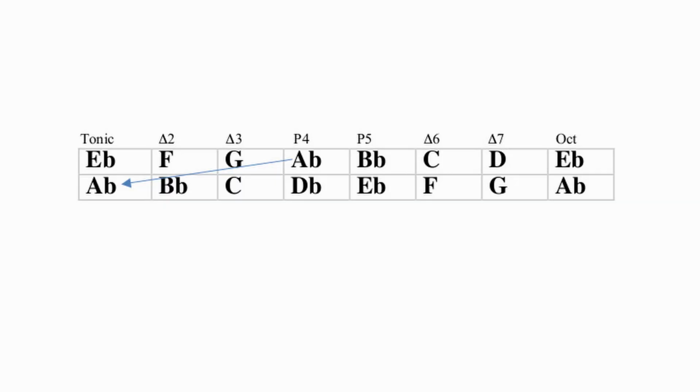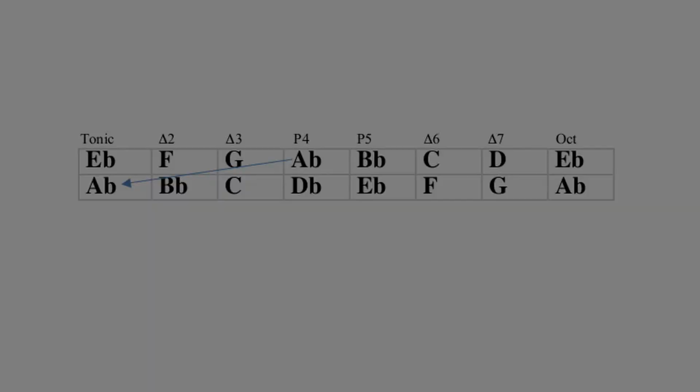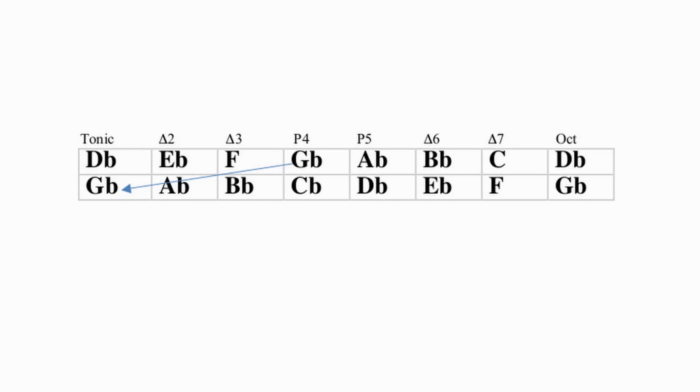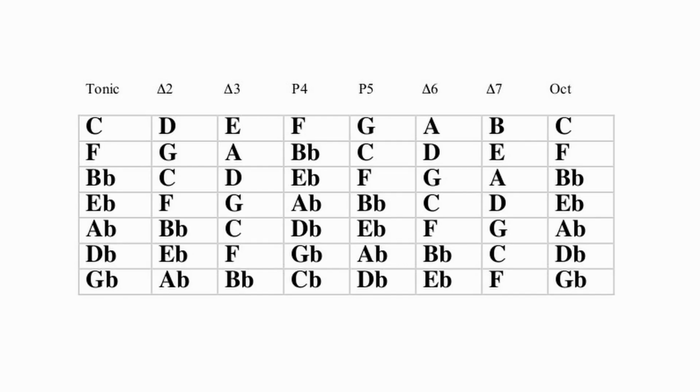The fourth of E flat is the A flat note, which becomes the A flat major scale. The fourth of A flat yields the D flat major scale. Likewise, the fourth of D flat yields the G flat major scale. Remember that each note needs to be represented in the scale. This gives the C flat note in the G flat major scale instead of the inharmonic note of B. This gives us the order of keys with flats as seen here: